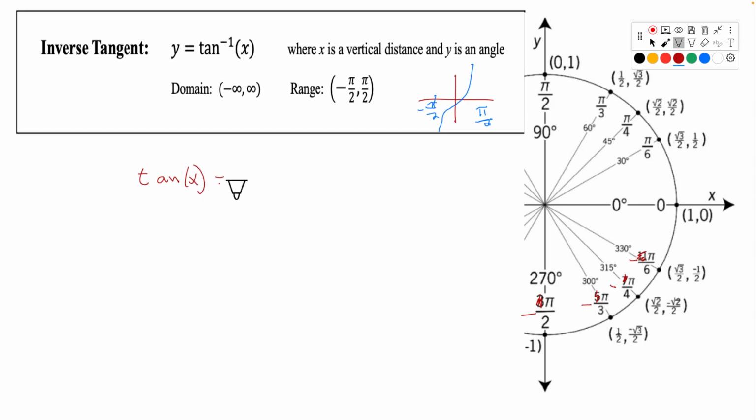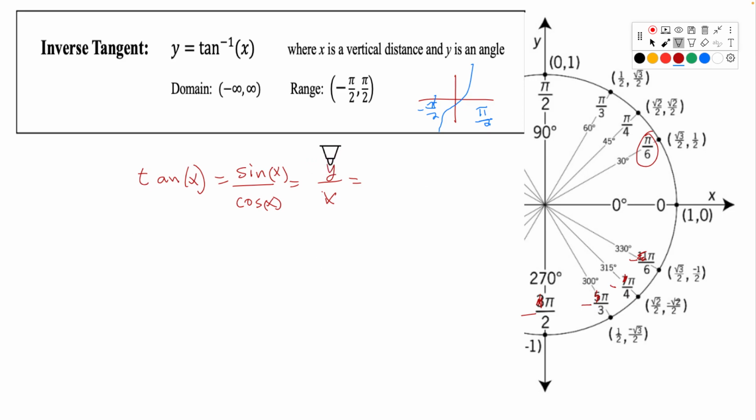Sine over cosine. So it's a ratio, and since sine is the y-coordinate and cosine is the x-coordinate, notice, like for pi over 6, tangent's not going to be square root of 3 over 2 or 1/2. That's not going to be what we're given. It would be,